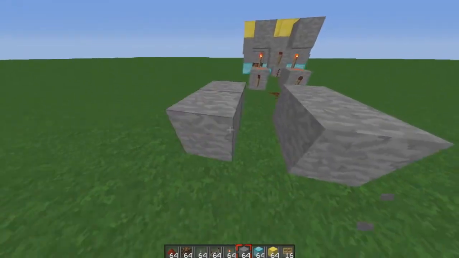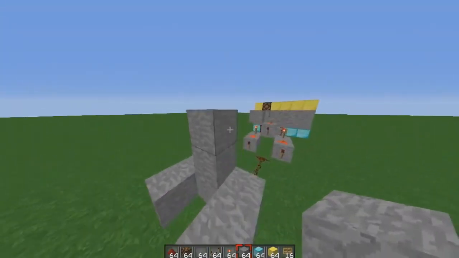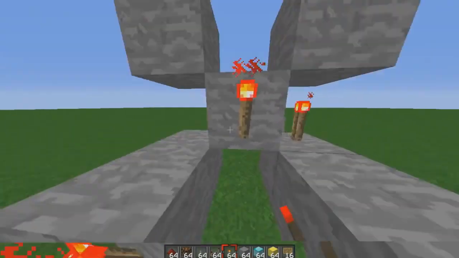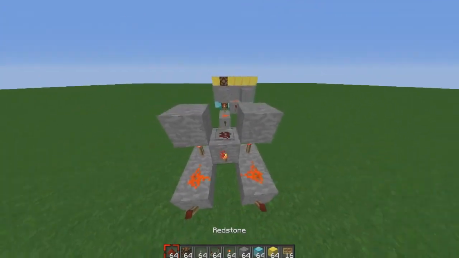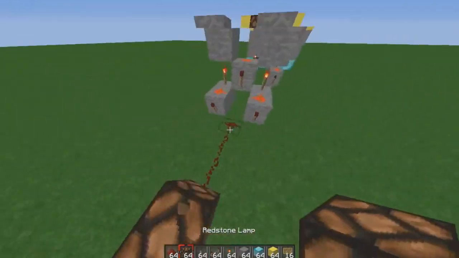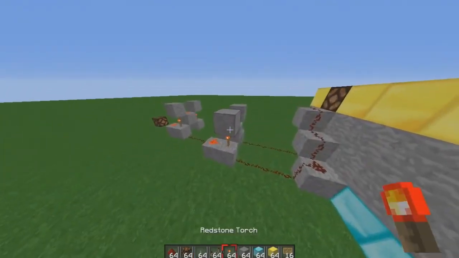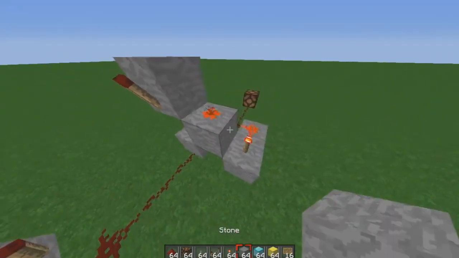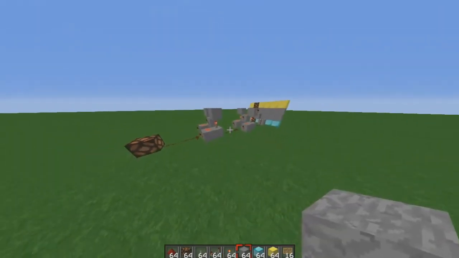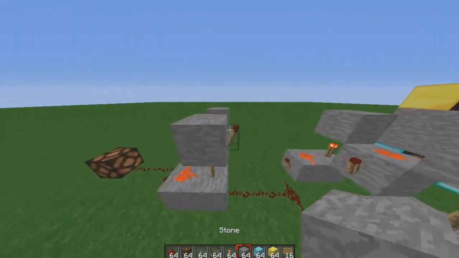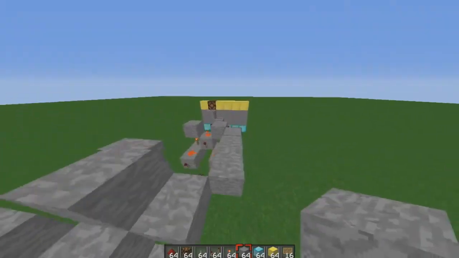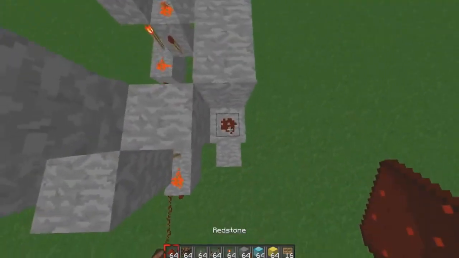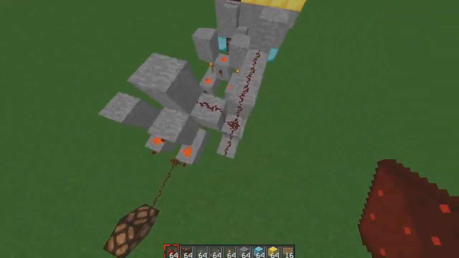So right now Orion's building 2 adders. He's already got the first XOR gate built, and he's working on his second. Putting down the torches, boom, boom. And now he's building the output. The output, that last light bulb at the end, is where the answer is going to be built. Oops. Don't worry about it. You got this. So now he's building his AND gate, and the AND gate helps the binary lights carry. And he'll go into that in a minute.